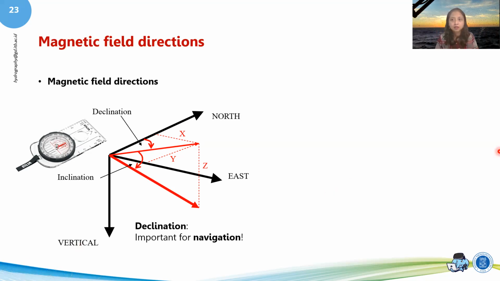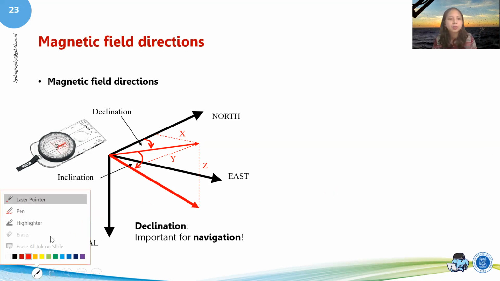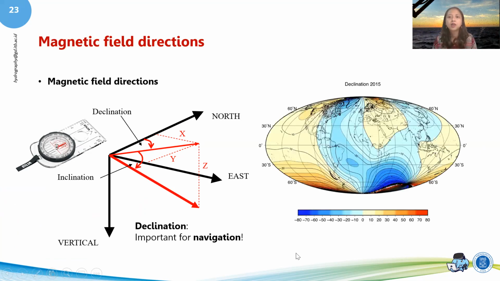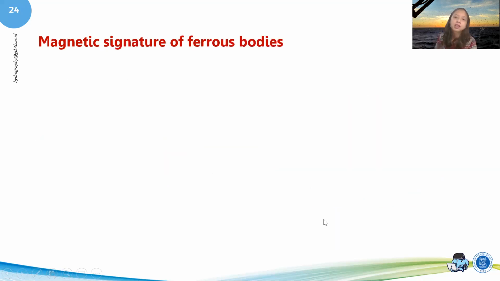Again, declination is very important for navigation. Normally in any nautical chart, you've got the declination number. So basically the navigator knows the difference between the geographic north and the north that is pointed by the magnet. And that's why normally we've got a declination map, and it is renewed by the IGRF every 5 years or so. What about the inclination now? That might be a question. Inclination is very useful for